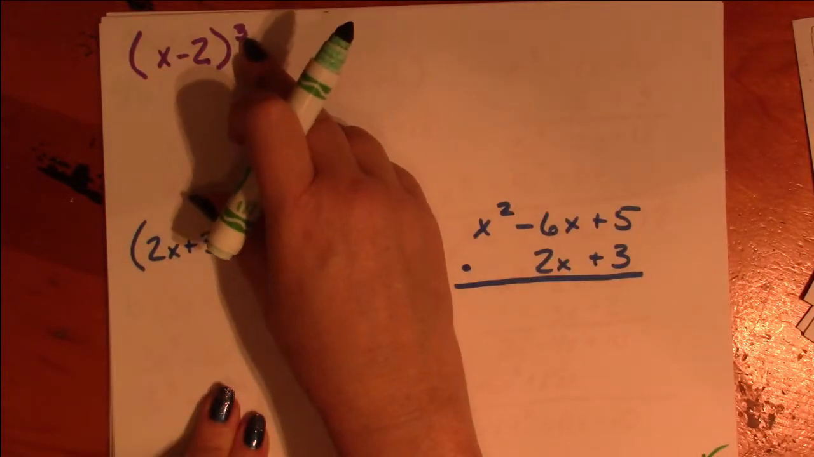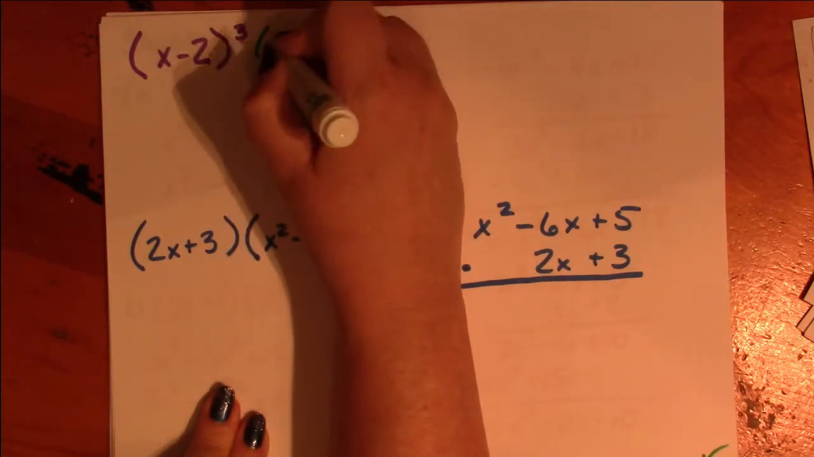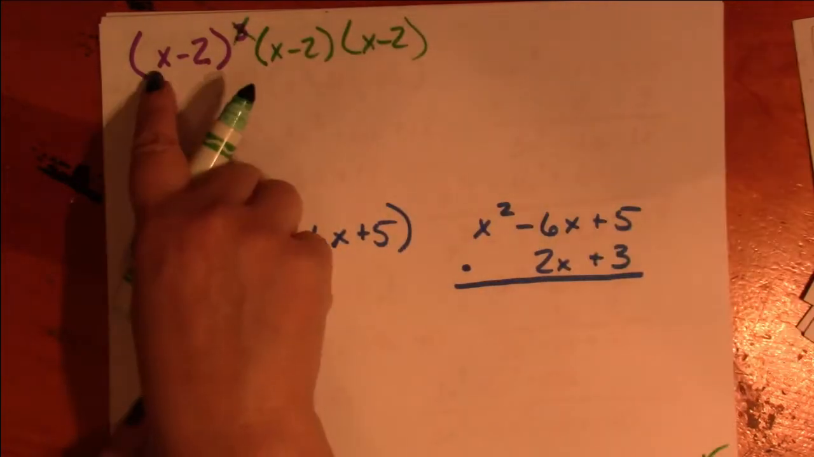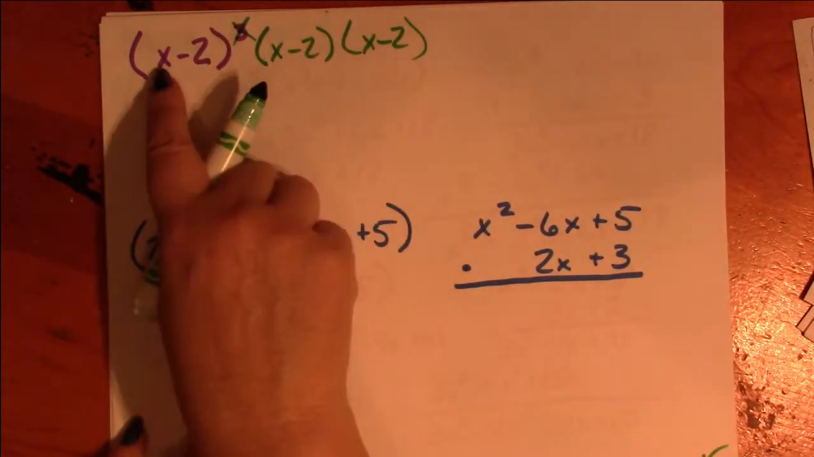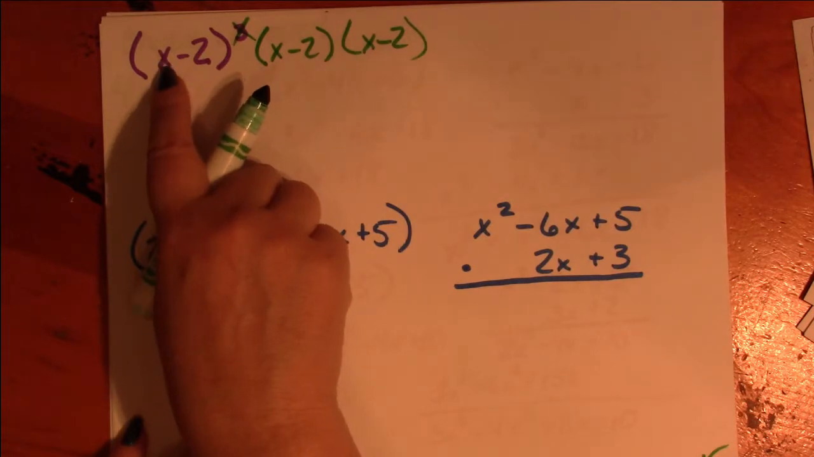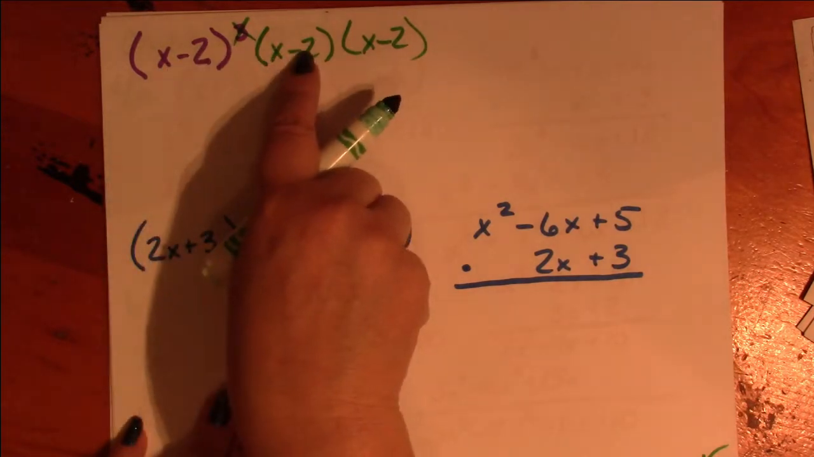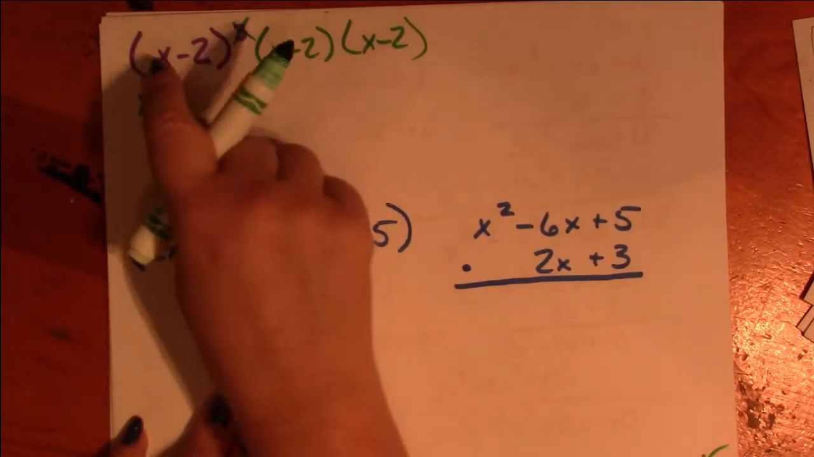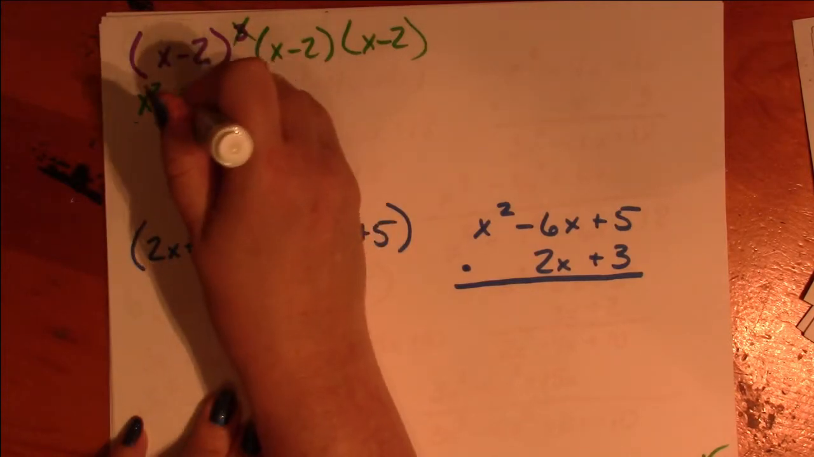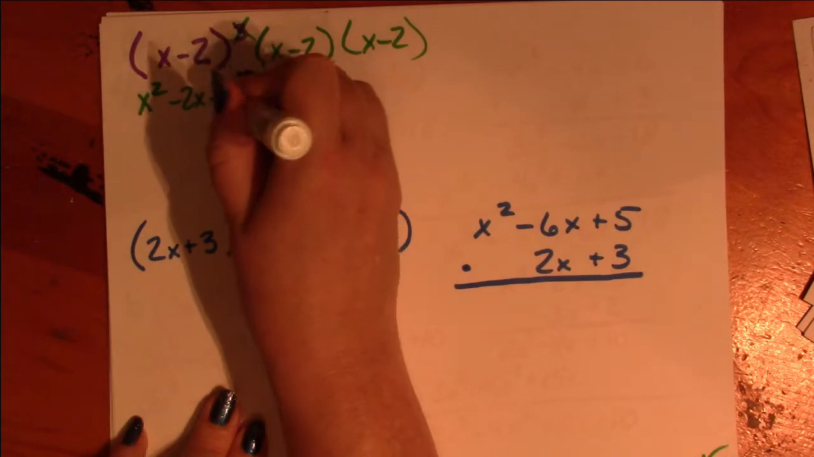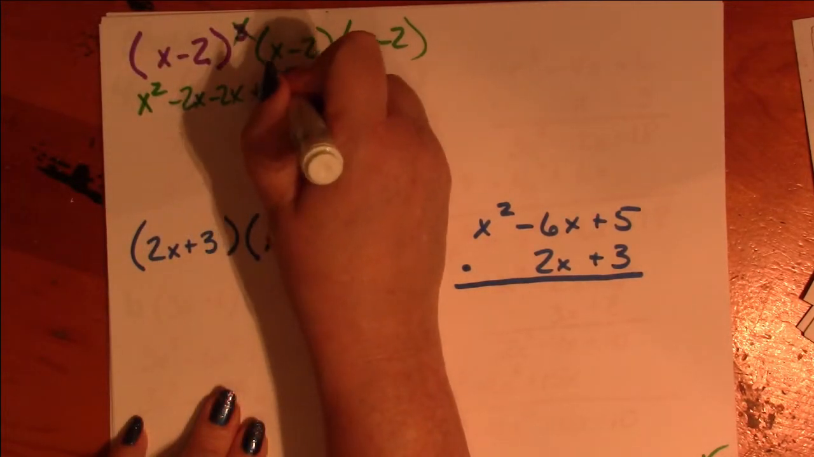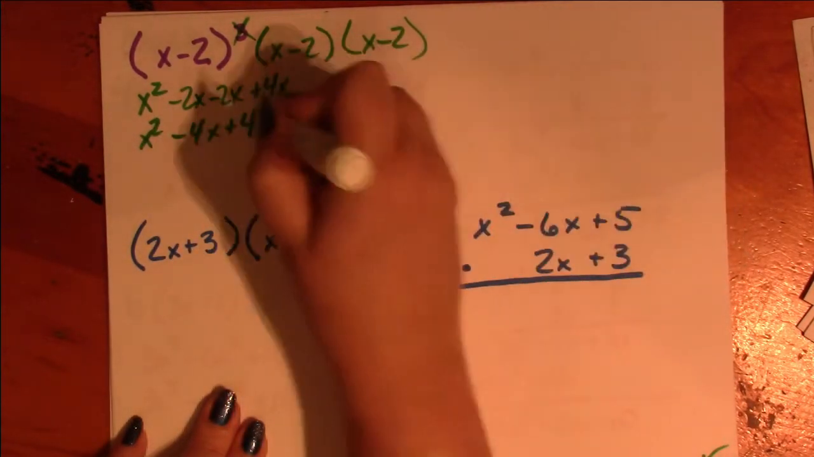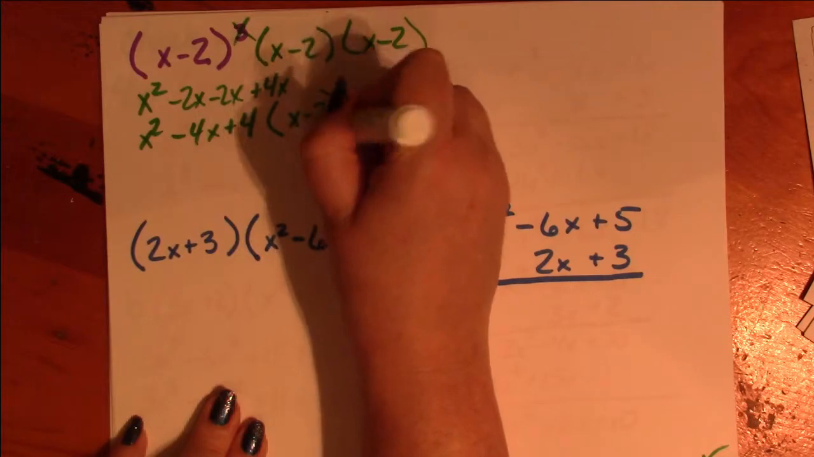x minus 2 cubed is x minus 2 times x minus 2 times x minus 2. So, let's work with this linearly. Let's do these two at a time. We're going to start with x minus 2 times x minus 2. And that's going to give us x squared, first; outer, negative 2x; inner, negative 2x; and last, positive 4, which is really x squared minus 4x plus 4